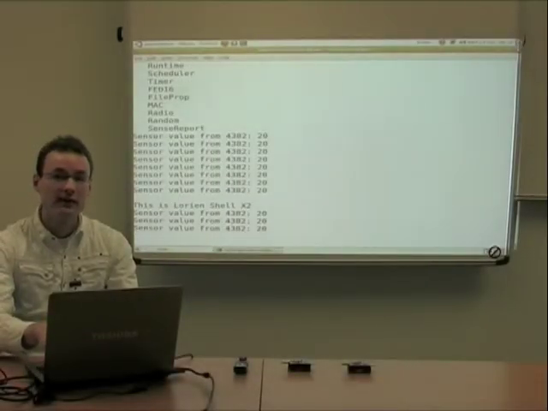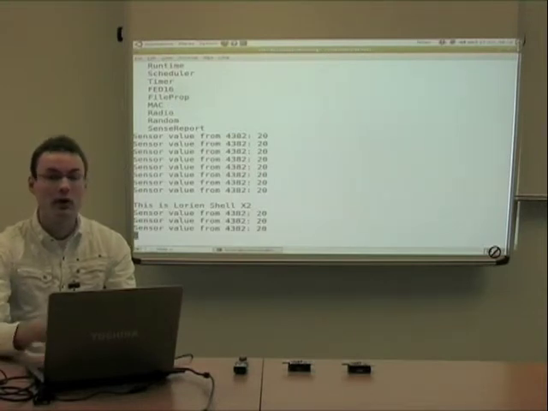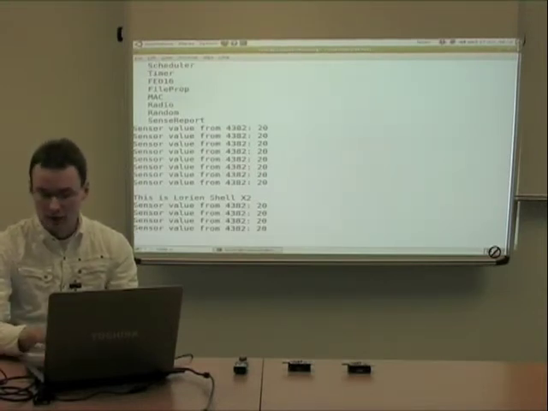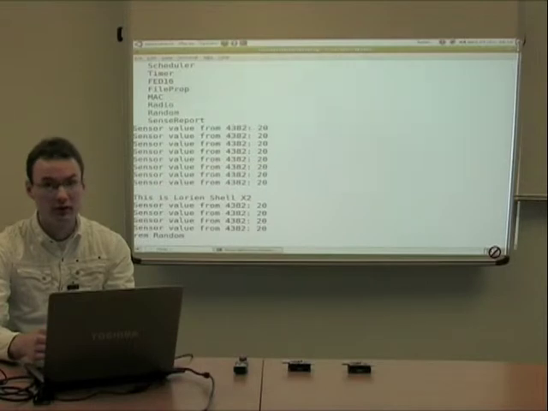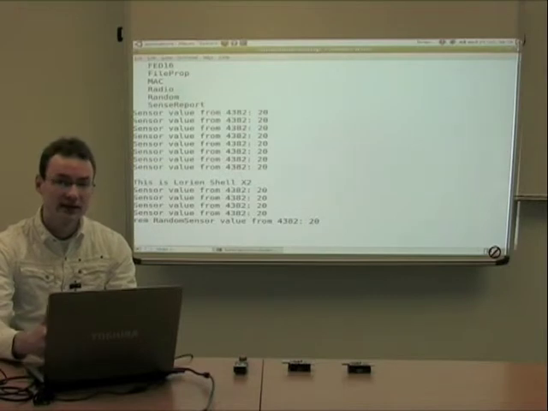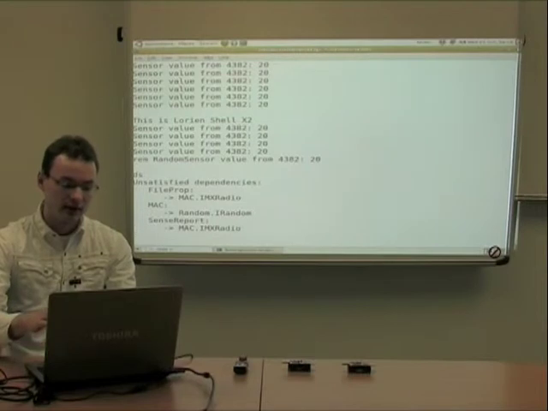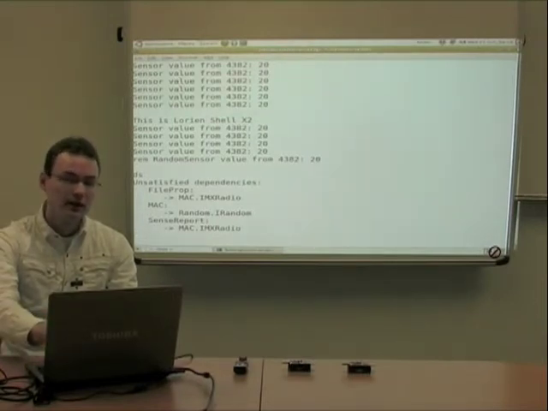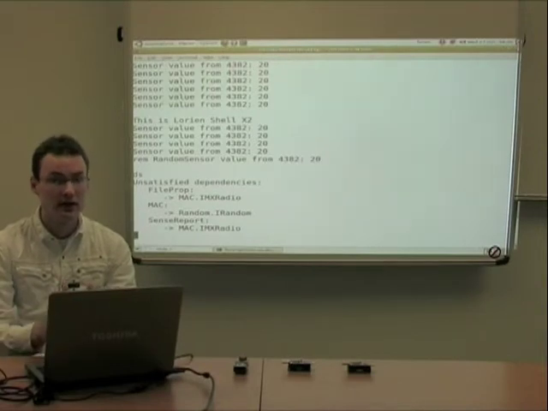Okay, so as one final demonstration of this technology, I'm now going to try to show you just how much of software is amenable to exactly the same model of software evolution. So first of all, I'm going to just remove the random number generator, using the remove command, so remove random. So I press enter, and as soon as that happens, I will stop receiving sensor values from the network. And that is because if I type ds, I see that although senseReport is still here, it is no longer connected to MAC because MAC is missing a dependency. Okay, so the two nodes in the network are still sending sensor values to me,